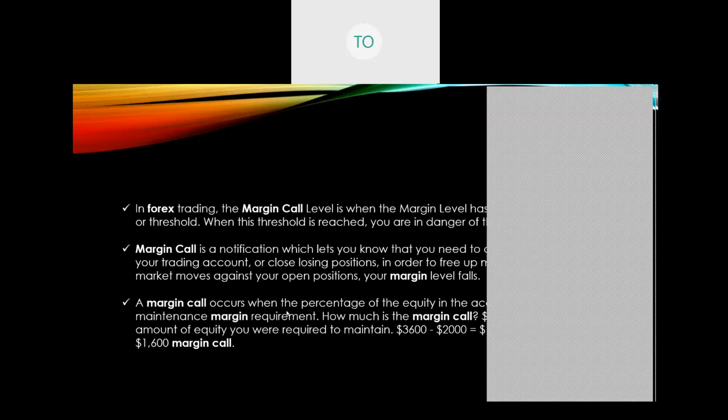So a margin call occurs when the percentage of the equity in the account drops below a maintenance margin requirement. How much is the margin call? If the margin call is 30%, let's say of 12,000, so 30% of that will be 3,600. So the amount of equity you are required to maintain will be, in this case, 3,600 minus,